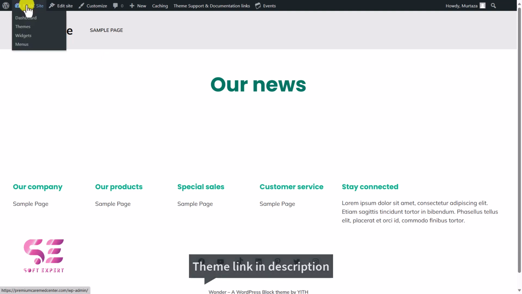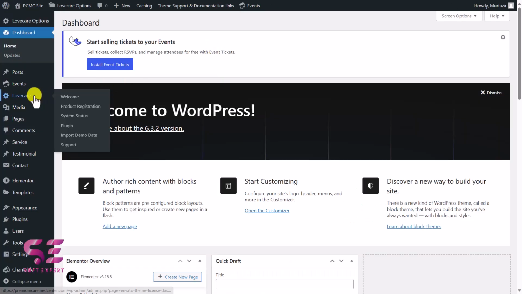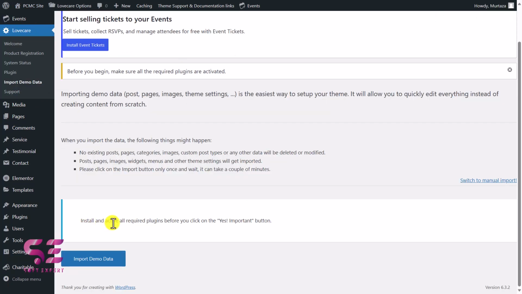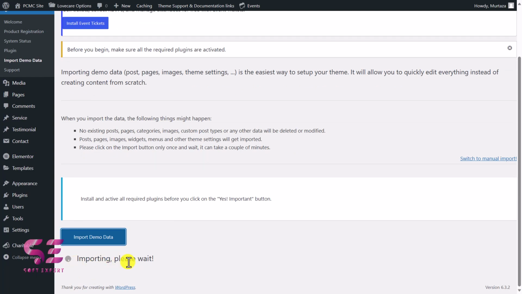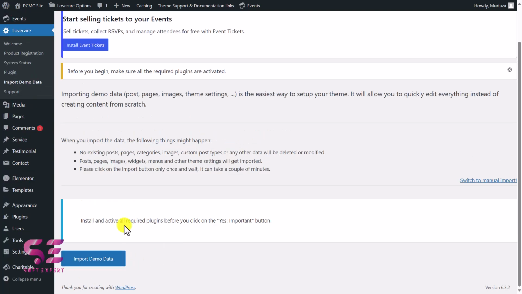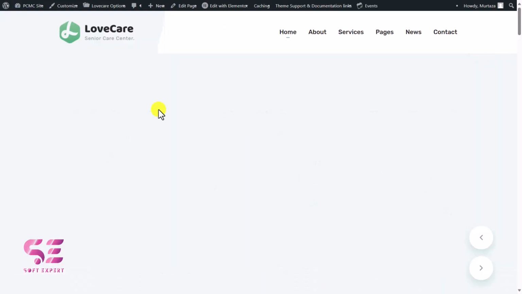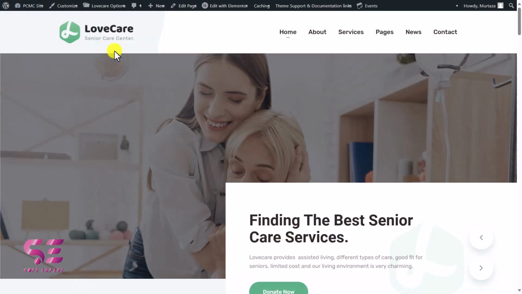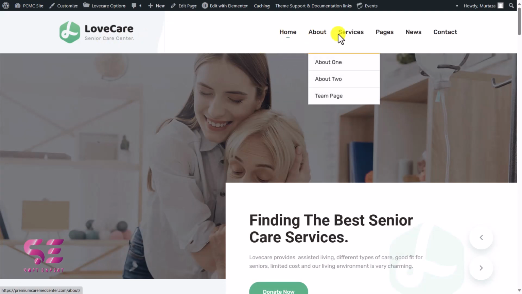Okay, let's go back to the dashboard, and here you can go to Lovecare and you will see import demo data. Just click on it, and here you can see install and activate all the required plugins before you click on yes import. So we have activated all the plugins. Now you can just click on import demo data and this will start importing. So let's wait for it. And import completed. I accidentally closed the message, but let's visit the website. And there we go, we got the whole website with all the required pages,